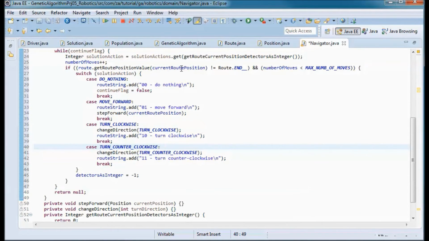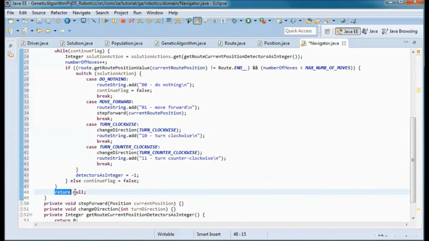And if we have reached the route end, or if we have exceeded the max number of moves, I'll go ahead and set the continue flag to false.